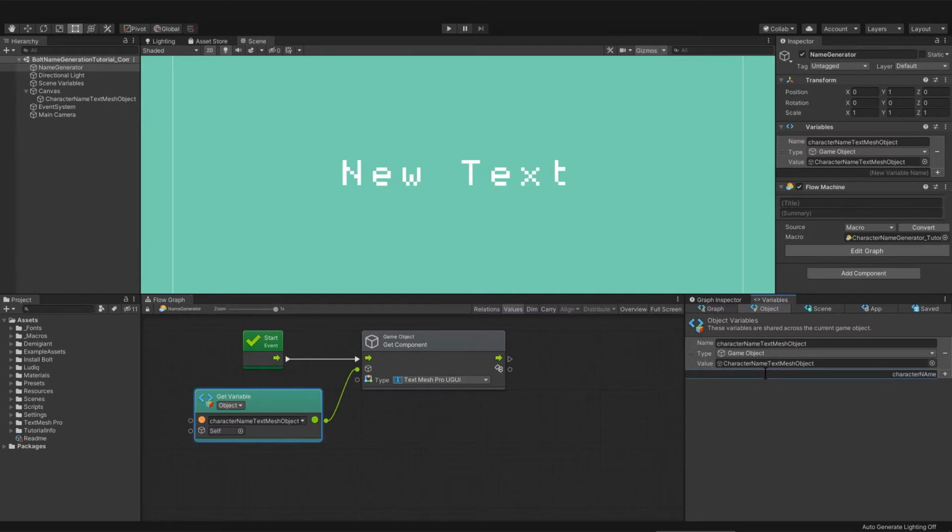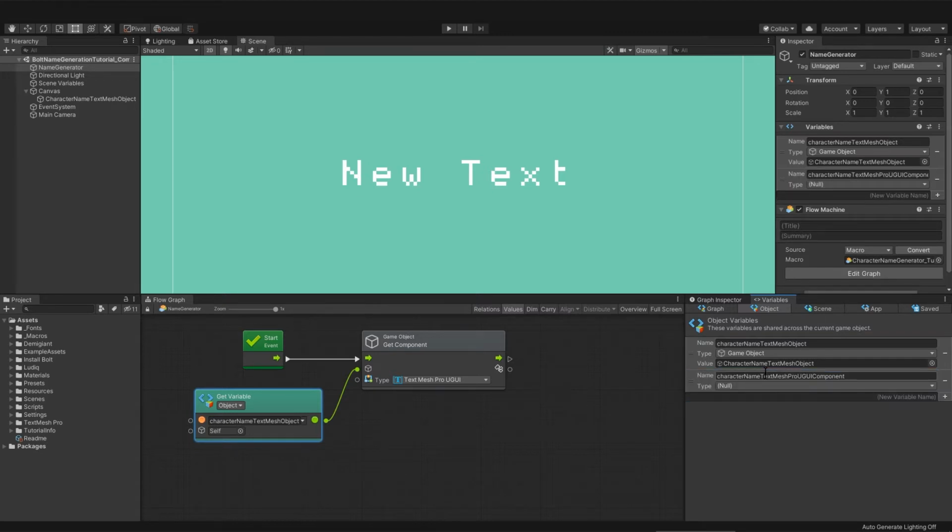variable. So I'll call it character name. I'm going to give this a really long name, TextMesh Pro UGUI component. All right, so I'm going to hold Alt and drag that variable out. That makes a set variable, and we're going to set the TextMesh Pro UGUI component to this variable. The type of the variable is null now, but when the game starts, the variable will change to type TextMesh